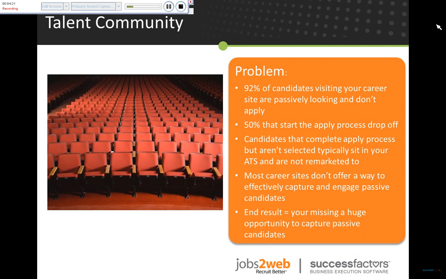Another problem that we help solve is related to passive candidates. Typically, statistics show that 92% of candidates visiting your career site are passively looking and don't apply. And of the 8% that do go on to apply, 50% of those people drop off at some point during the application process. So what that means is that 96 out of every 100 people coming to your website don't go on to apply. And if you don't have a way to capture and engage those passive candidates, you're really losing out on a large population of people who are interested in